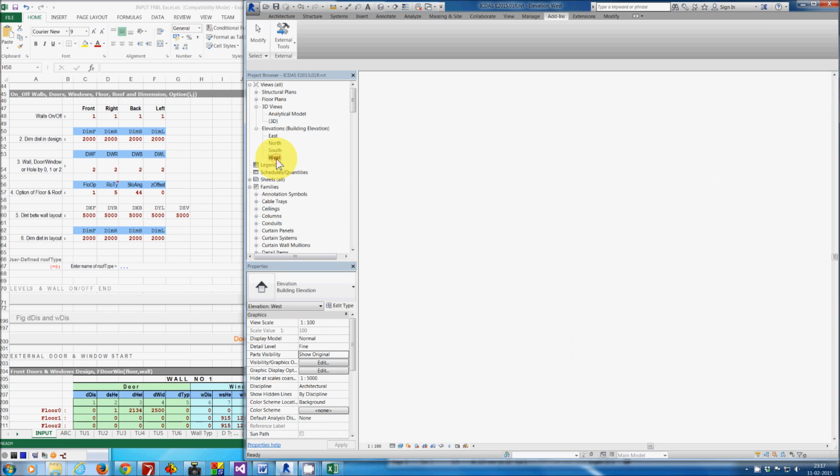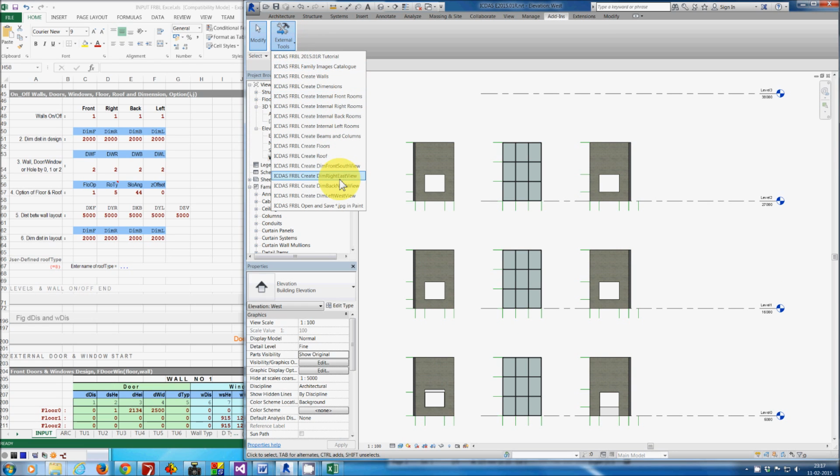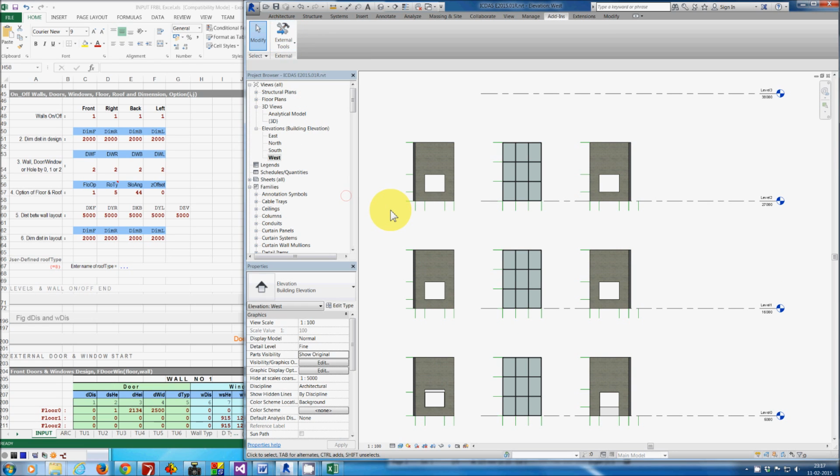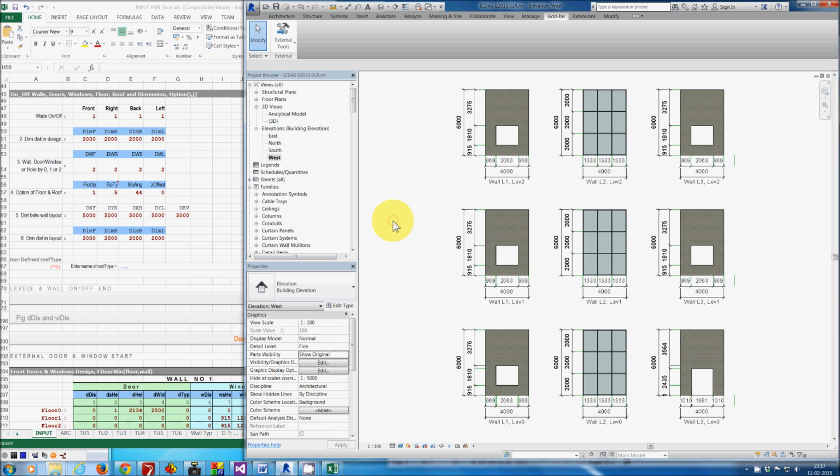So we are missing the last, create dimension for the west view. So in this way you can drag and drop all of this dimension to the sheet